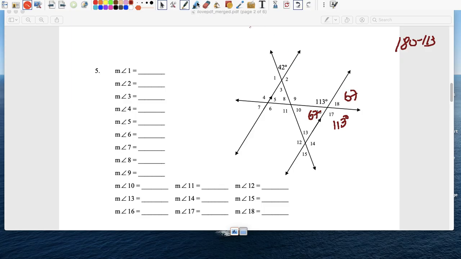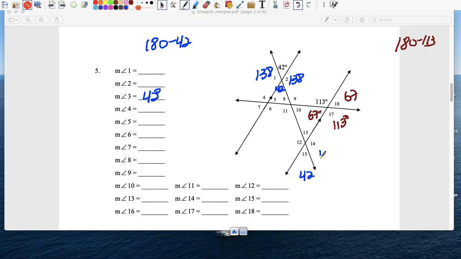Okay. Start with the top. That's 42. Angle 3 is 42. So I'm just going to write over here, angle 3 is 42. And can we find angle 1 and 2? Well, 180 minus 42 makes this 138. 138. So I have those 4 angles, which means I can come down here and say, hey, angle 15 is